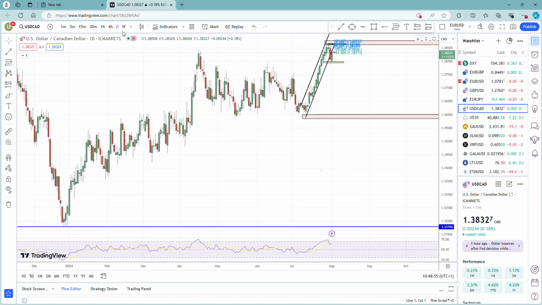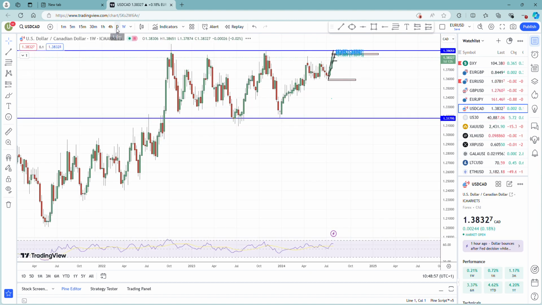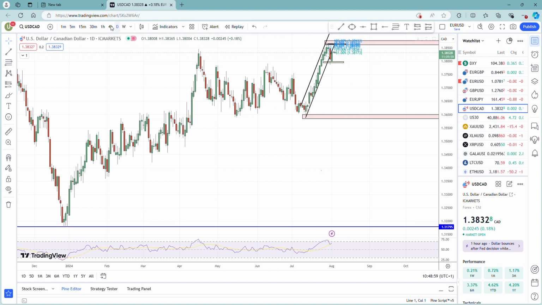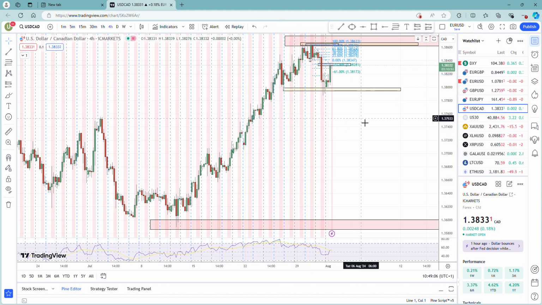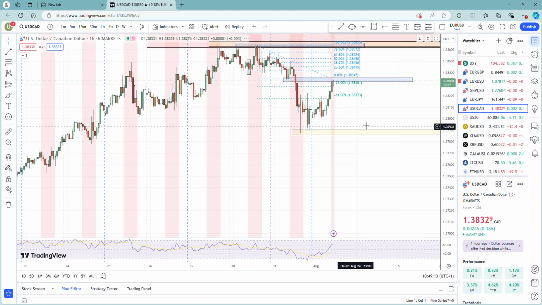Next pair, USDCAD. Weekly, it's approaching the weekly resistance. Daily, it's close to daily resistance. H4. Get rid of this trend line now. Price retraces to H4 resistance, H4 support. If we go to H1,